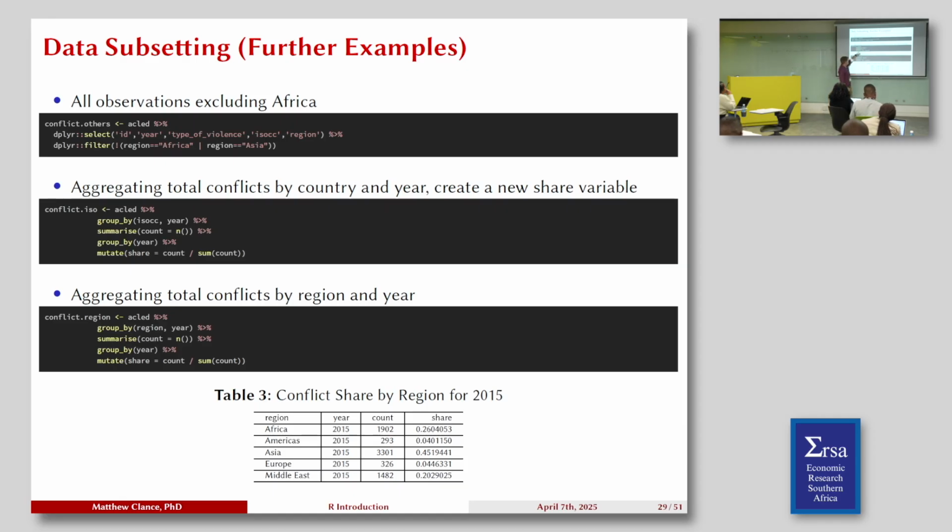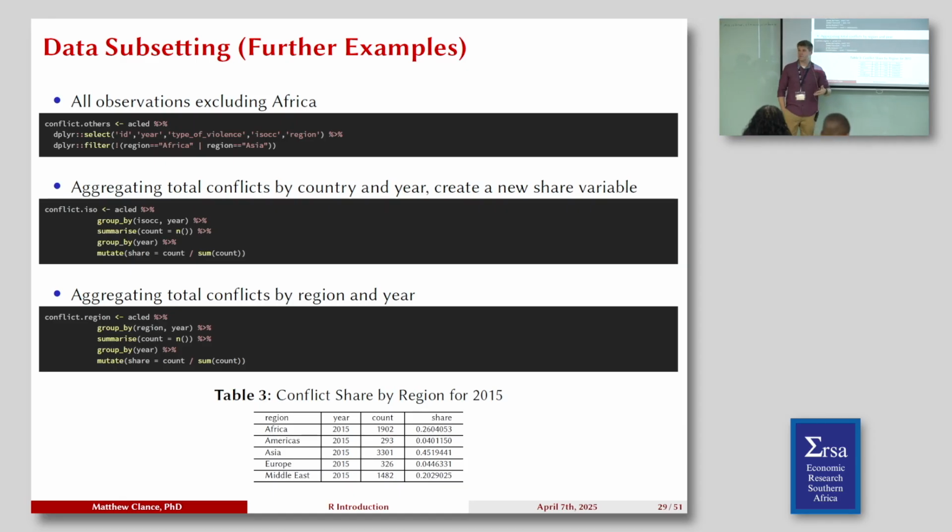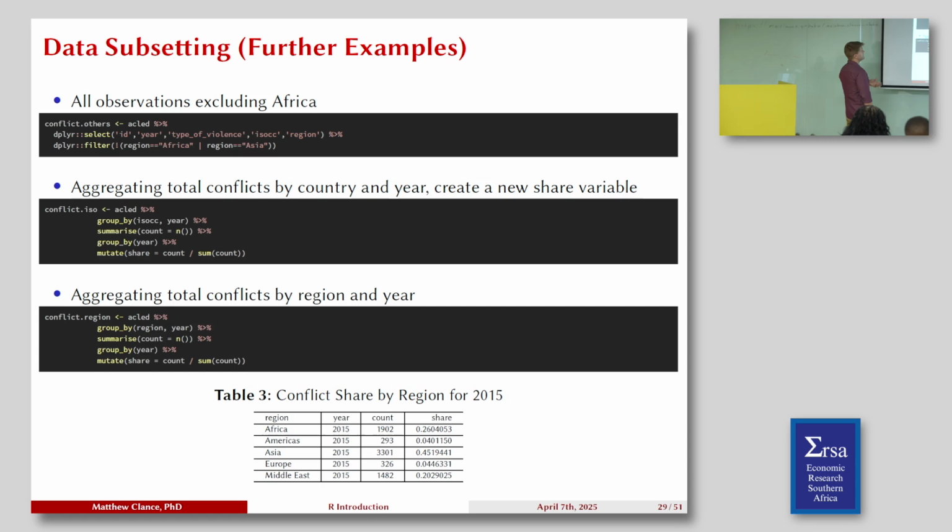Then once it does that, it's going to give me a new variable that's a count of the number of events. So I'll know the total number of conflicts within that country. Once it's done, I can basically say group again by year, and this time, since I've already got the counts, I want to know from those counts the sum of the count again. So basically, I'm creating a share within that year. So what's the share within the total of that count? Okay, so that's what I mean by going from one function to the next.